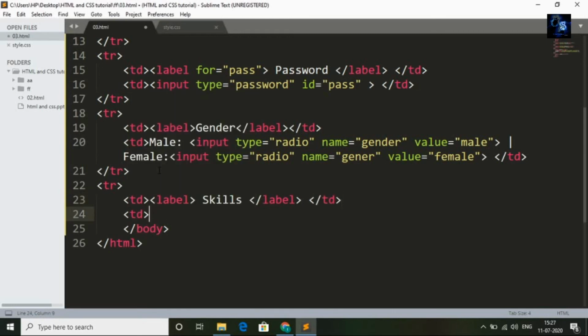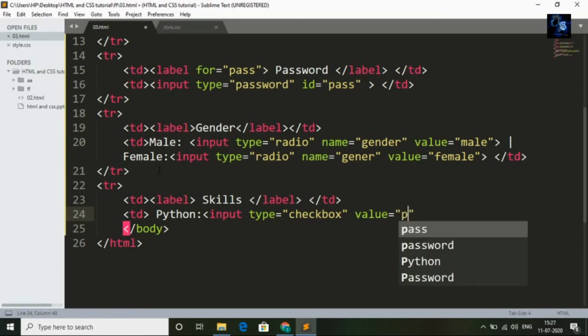TD, I will ask the user, Python, input, type, I will create checkbox, checkbox, value, Python.